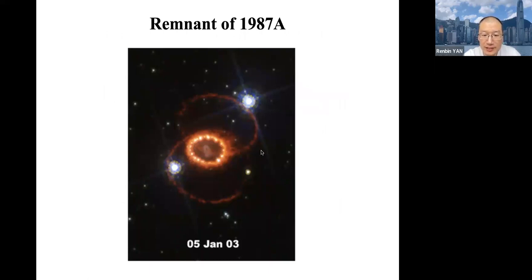After about 16 years since 1987, if you observe that region of the sky again, the supernova has faded, but it leaves behind all these beautiful envelopes of the star that was ejected. This is the envelope of the star that is pushed out, and you can still see that it's still hot, and we can still see it, but the star itself is gone.